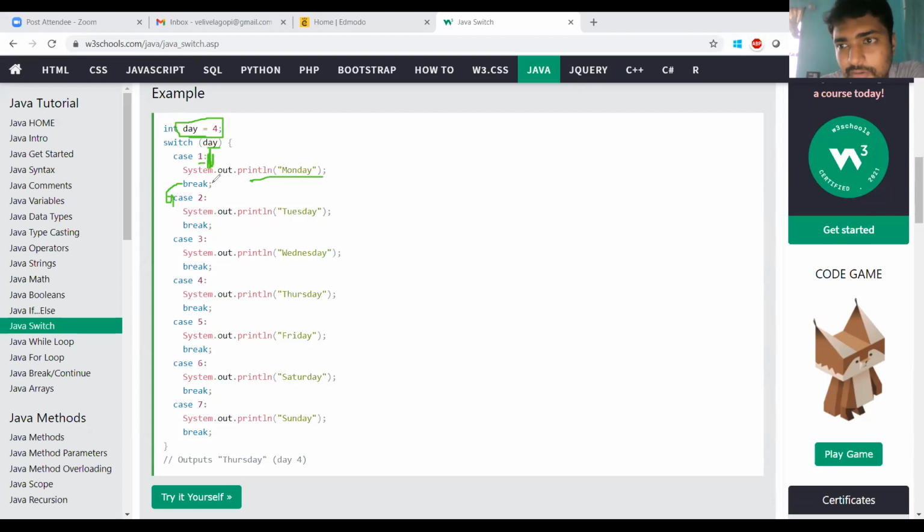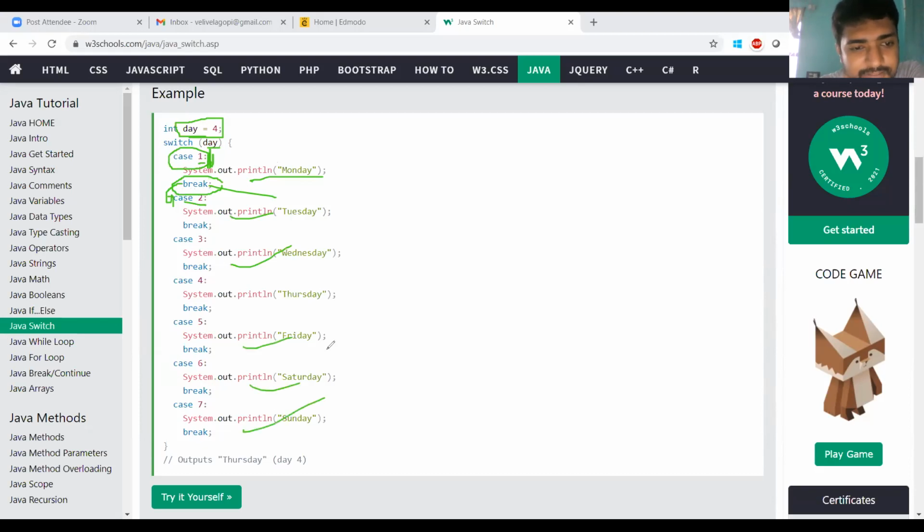If you don't use the break, the remaining cases will not be executed. Only the first case will be checked and executed. That is the main use of break. Then case 2, Tuesday, case 3, case 4, case 5, case 6.